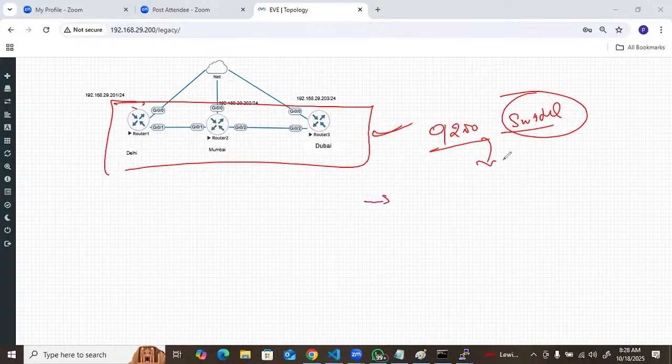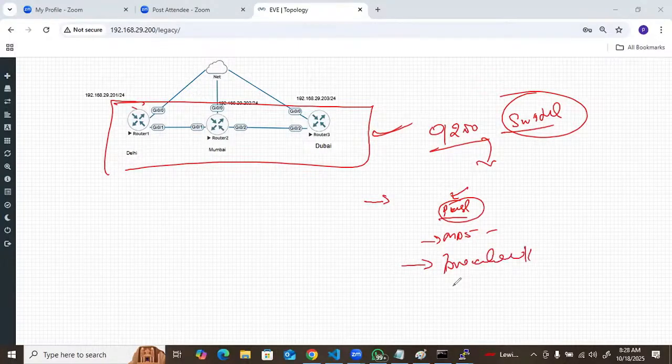There, what is happening is that the task is a repeated task. You are going to push the configured IOS there, right? Then after that, you are going to verify the MD5. You are going to do the pre-check. Pre-check means what? Running config, IP interface brief, IP route, right?